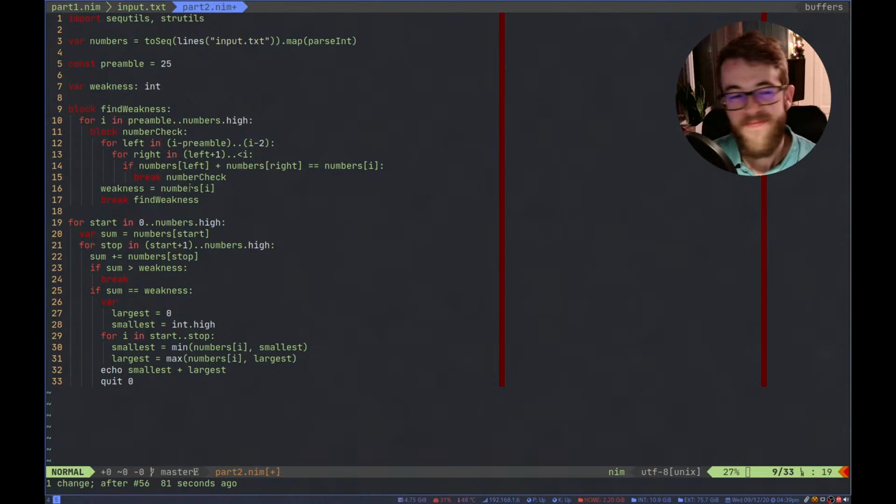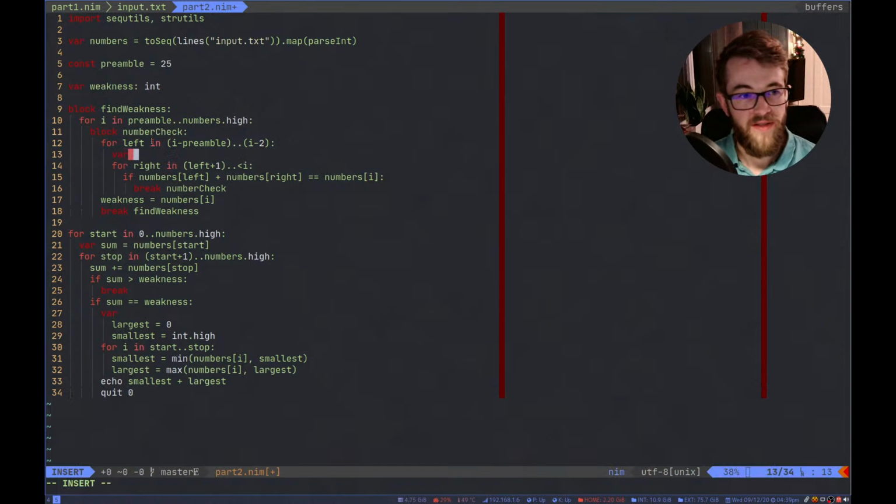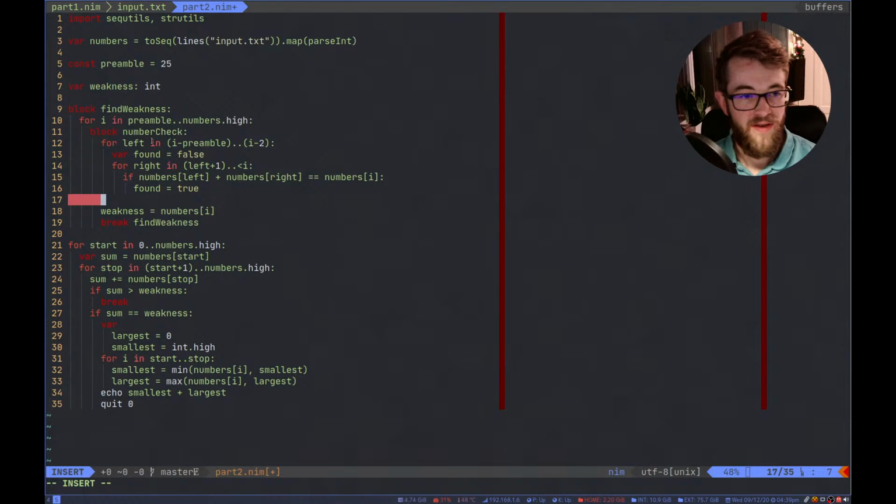13 lines. So yeah, I like using blocks, especially for stuff like this number check here. So breaking out of this double loop instead of having to do something like, oh yeah, I found it, have a variable where found is false and then found is true, and if found, break.